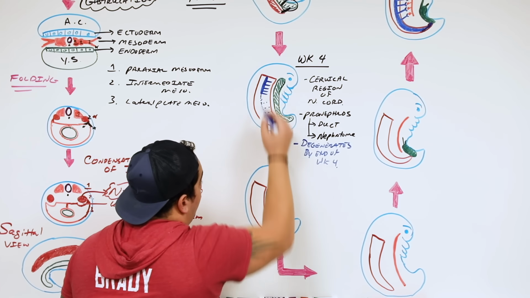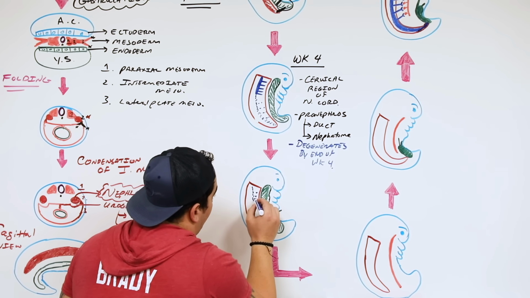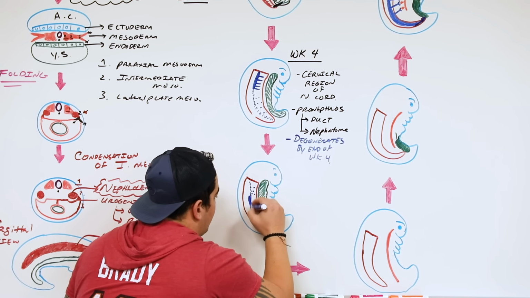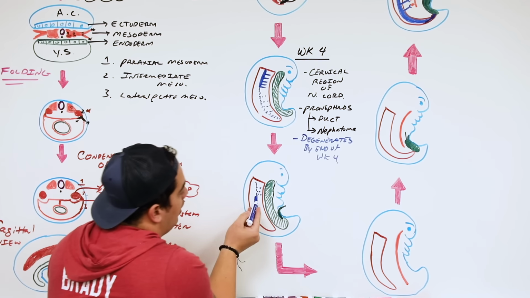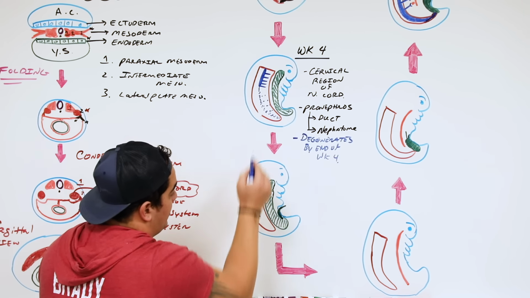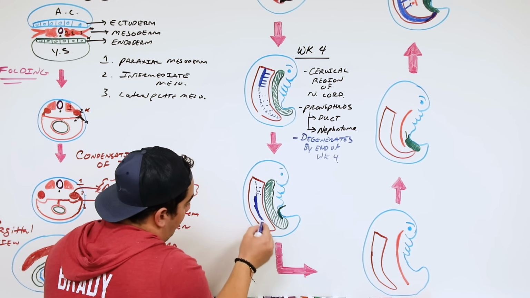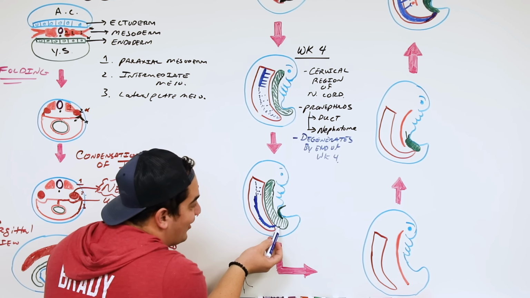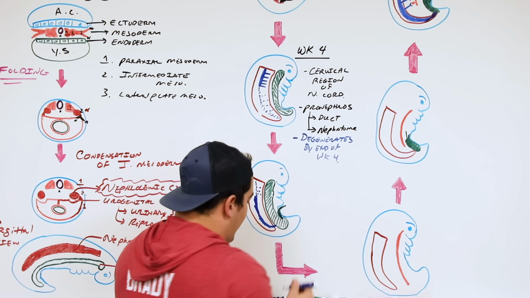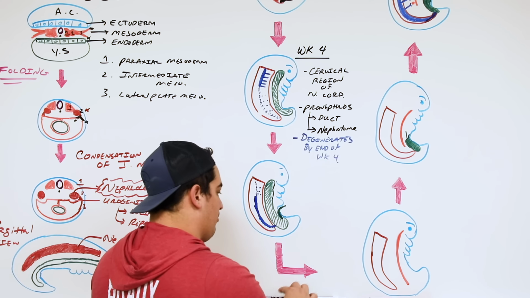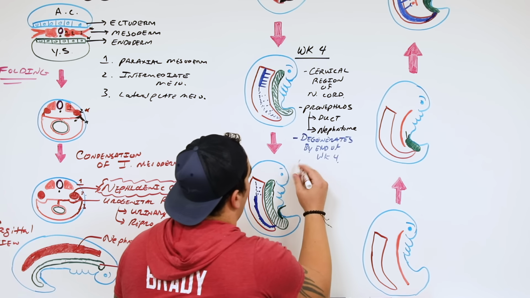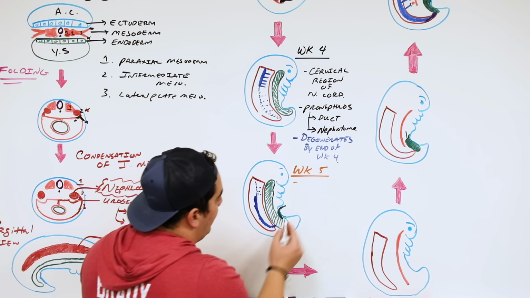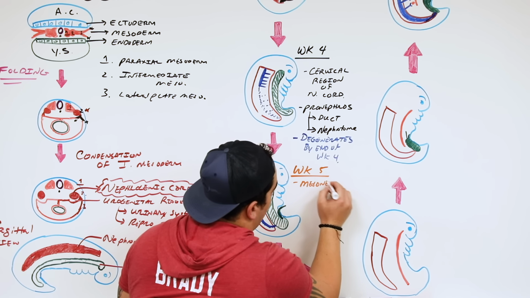So now let's show this pronephros starting to break down. And what starts actually forming coming off of it? The next structure here, which extends all the way from the thoracic region, because remember, the pronephros develops in the cervical region, the mesonephros develops within the thoracic region and extends down to the lumbar region and connects with the cloaca. So by the beginning of around week 5, that pronephros degenerates. And what starts developing off of it? So the mesonephros starts